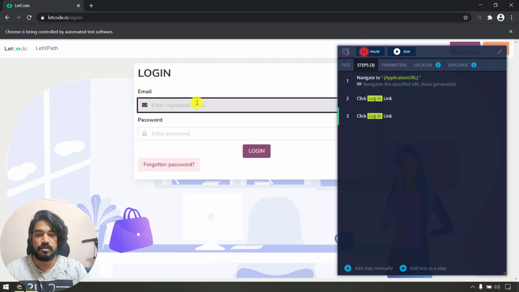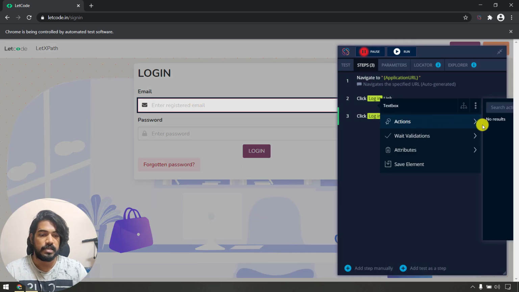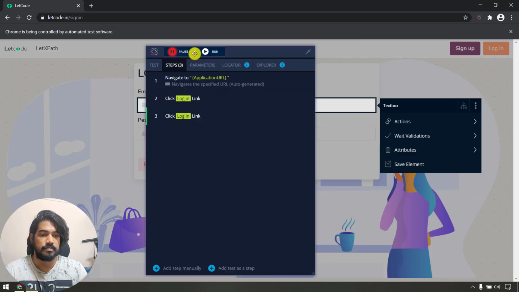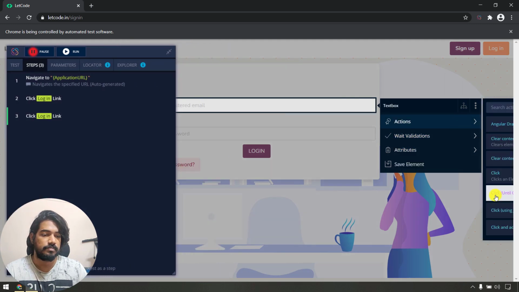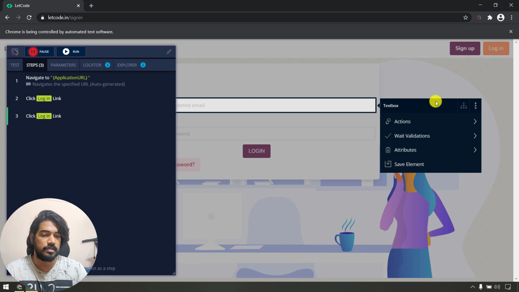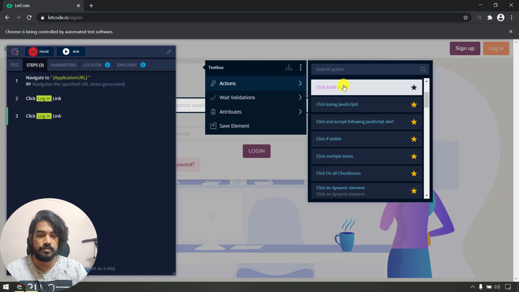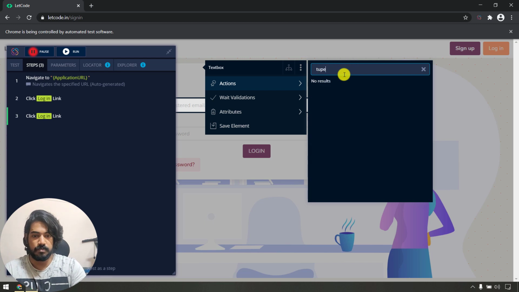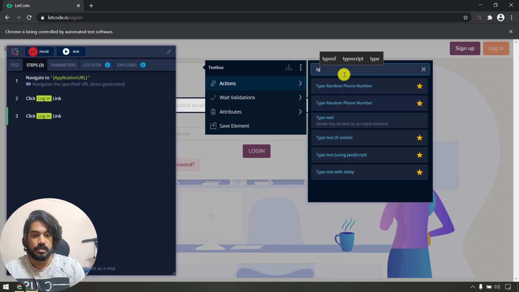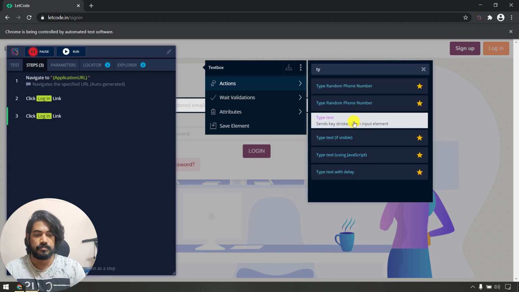Now I want to enter text here. So I have to press double shift maybe, and then the action is click using, and can I move this? Yes, I can move this. I want to type actually, so let's search for type. Okay, type text.